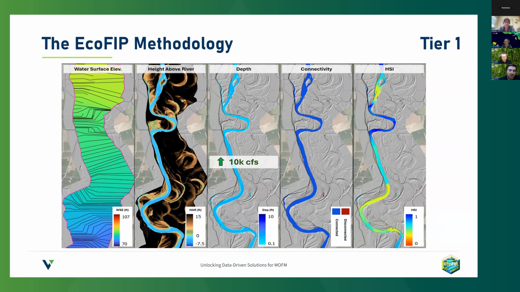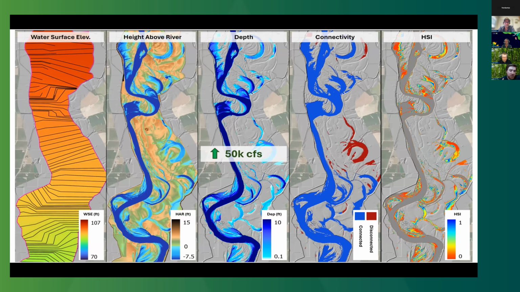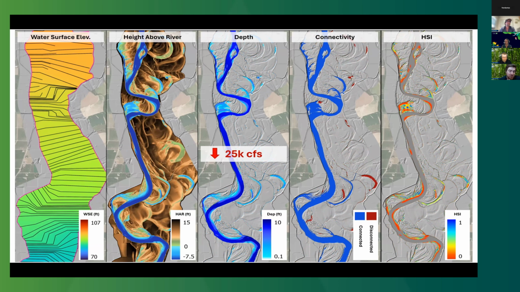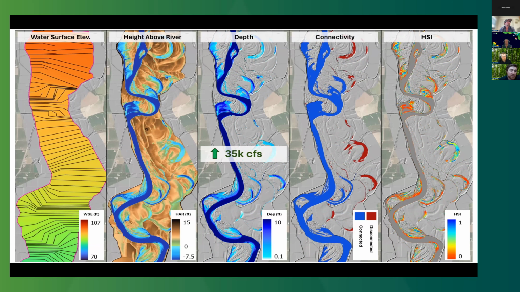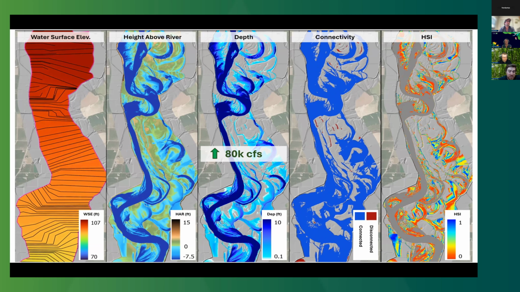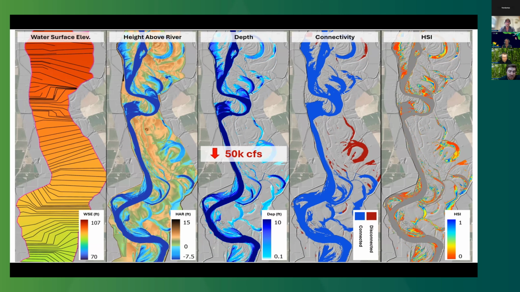And this is going to show an animation from a portion of the Sacramento River showing how these different data sets get pulled out. And so I'm going to animate through this video that's showing flows of 10,000 CFS up to 80,000 CFS in the river and back down. And this covers a range of expected hydrology for this portion of the Sacramento River. On the left side, we see water surface elevations are getting pulled out from our hydraulic model and extended across the floodplain through any sort of barriers, including levees or other high ground, to start to create these other maps.